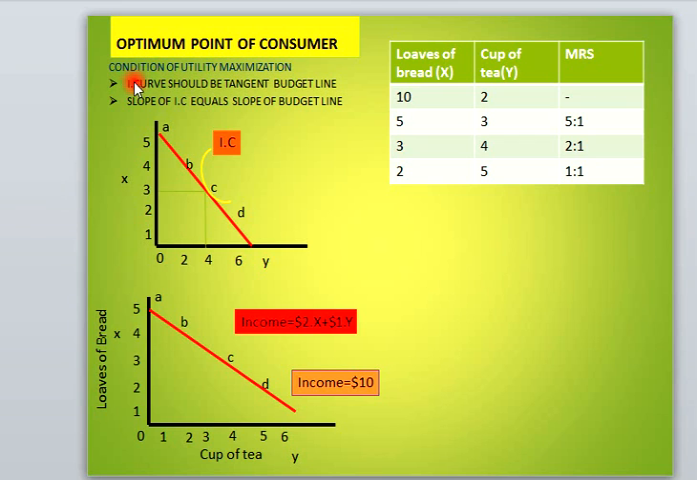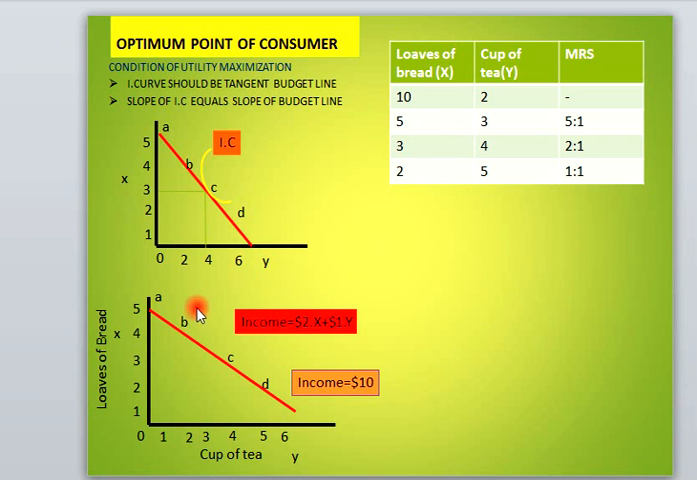Number 1, the indifference curve should be tangent to the budget line. What do you mean by that? It means that one of the combinations on the indifference table, which give the same level of satisfaction, must be able to be afforded